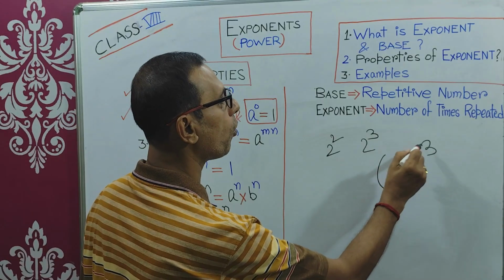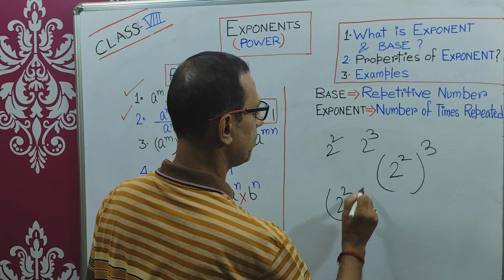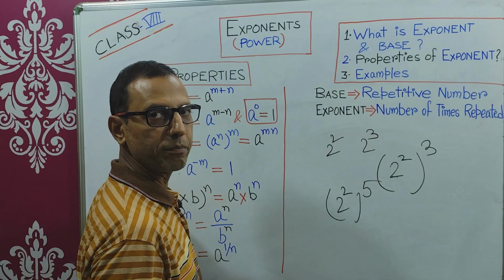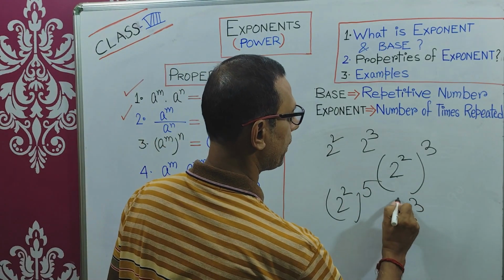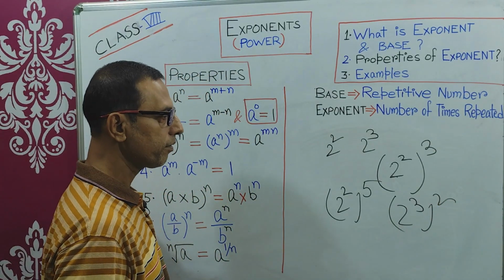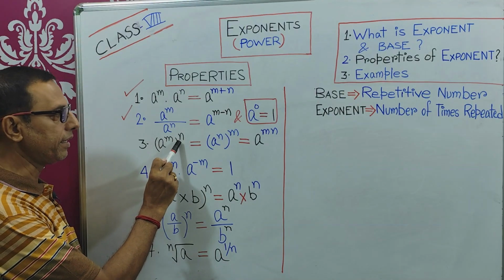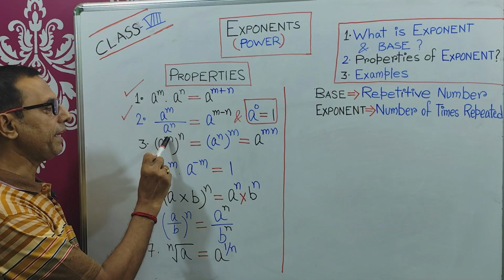So 2 square whole cube. Let's say 2 square whole to the power 5, or 2 cube whole square. That is how we will read it out. Okay. Now the property is a to the power m whole to the power n equals, you can interchange